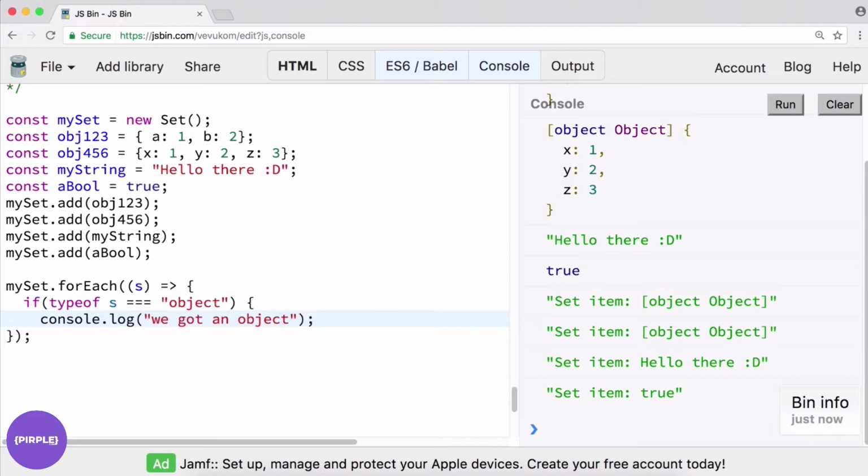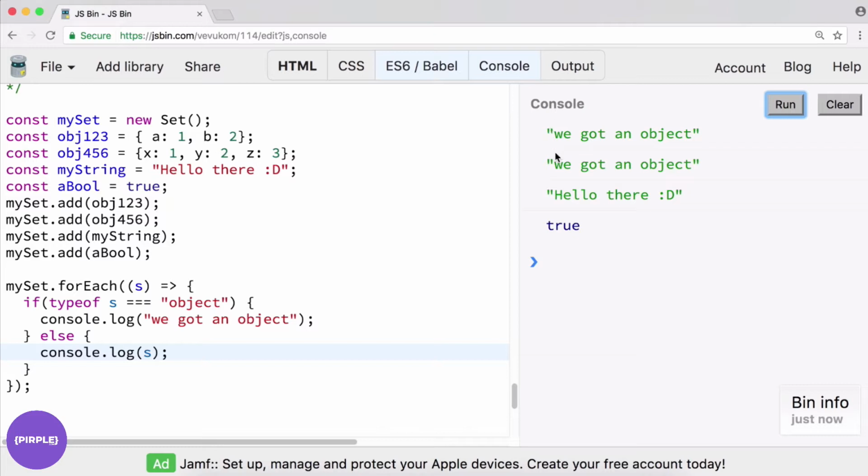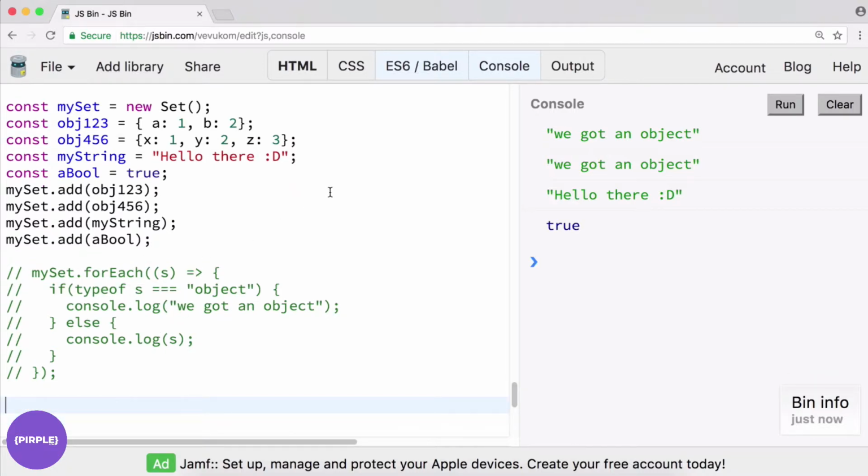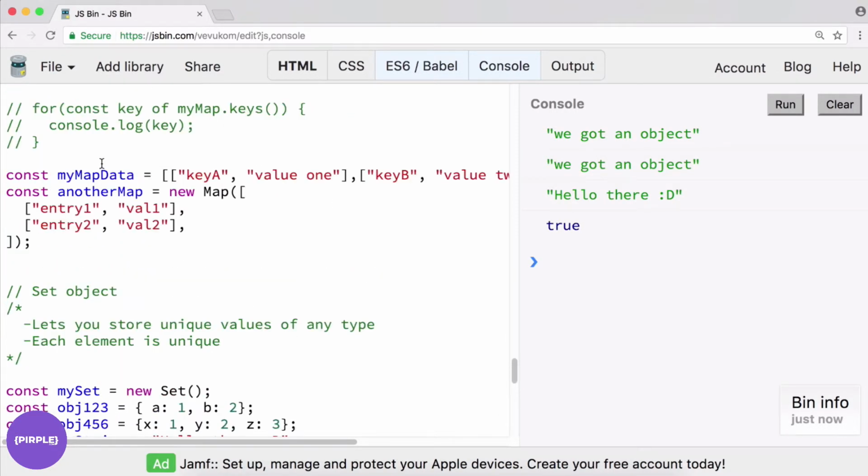Put that over there. Close off our if statement. Else console.log s. Just as a silly example, we got an object and then hello there. So forEach, very simple to use. I'll comment that out actually. We can also iterate over each item. So if you'd rather not use forEach, if you want to iterate instead, well, it's largely similar again to